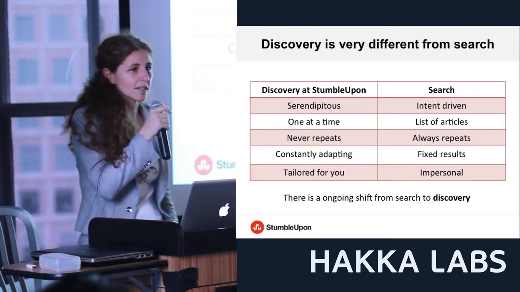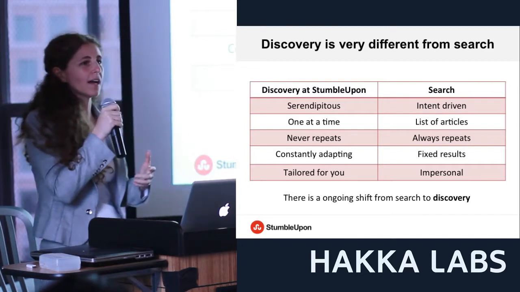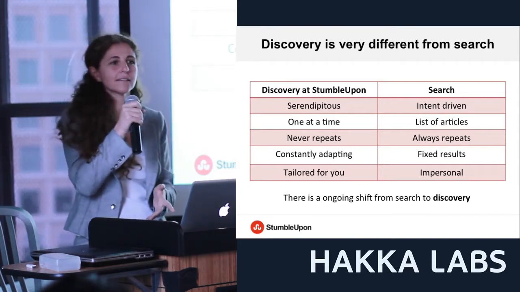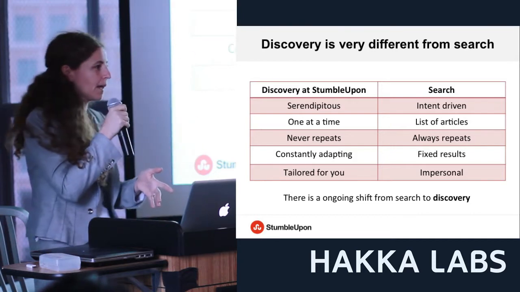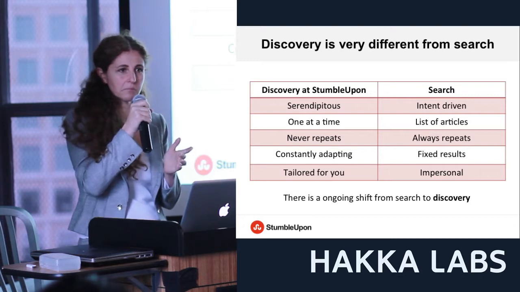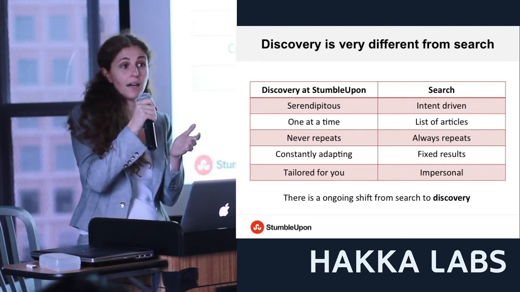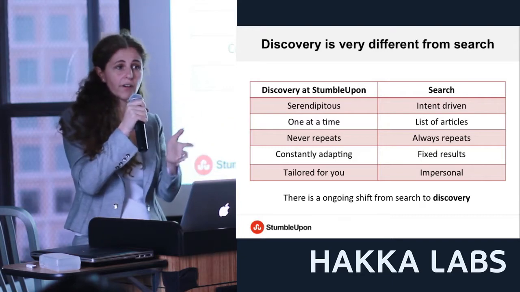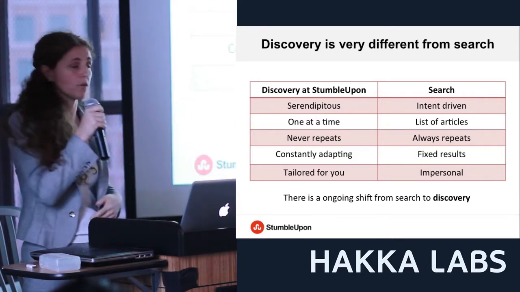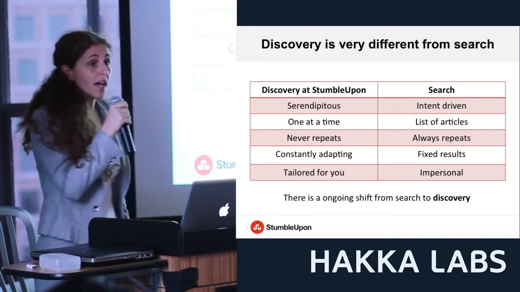In search, the effect is not so direct. The user has at least 10 results he can choose from. So even if the result is not the first result but the third result, he can still be happy. He can still find what he was looking for. Serendipity search never repeats.